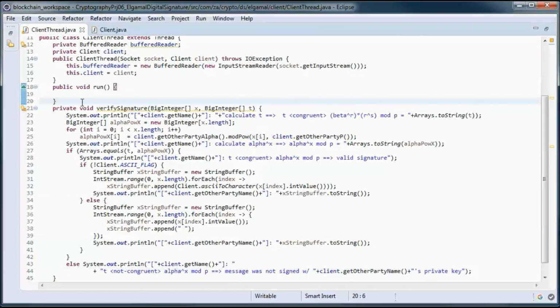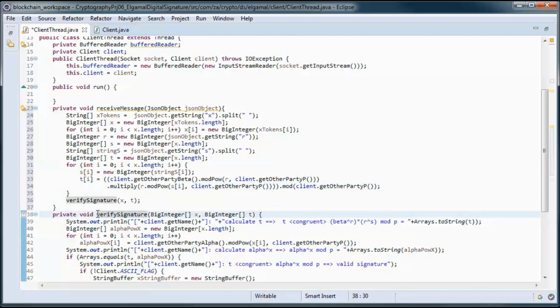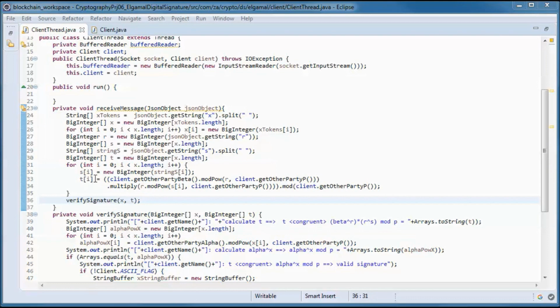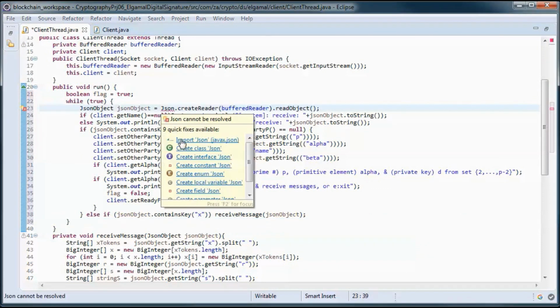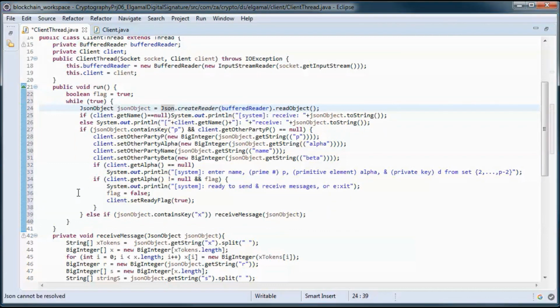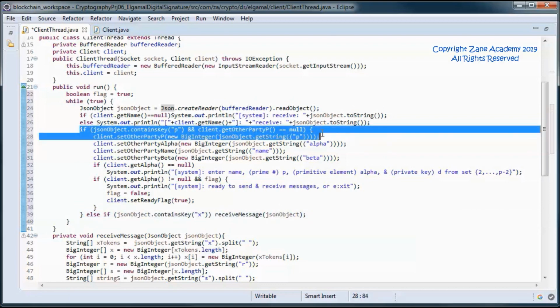And this method handles the receiving of the message and calculates T and calls this verify signature method, passing in X and T. And this is the code that receives the JSON object and determines if it contains the message or if it contains a public key.